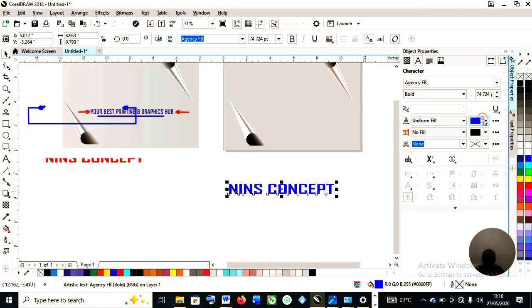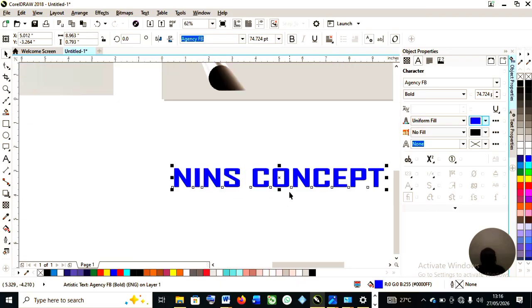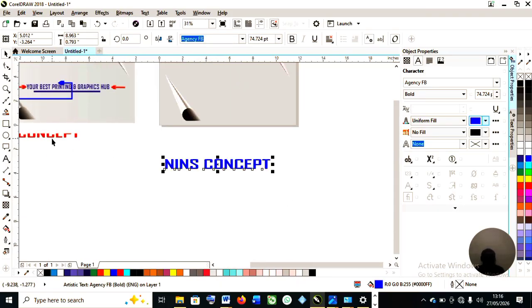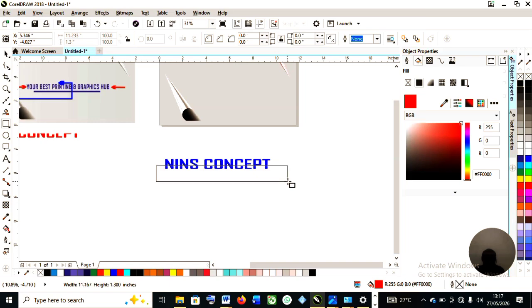I can actually use the eyedropper to choose whatever color you want anyway. Alright, so that's by the way. Escape. So now to get this thing here, we're going to use a rectangle to draw a circle